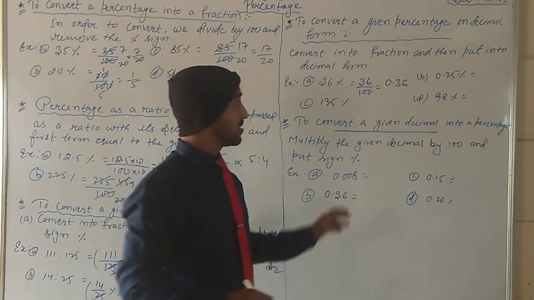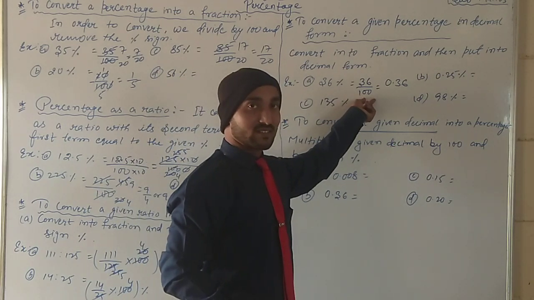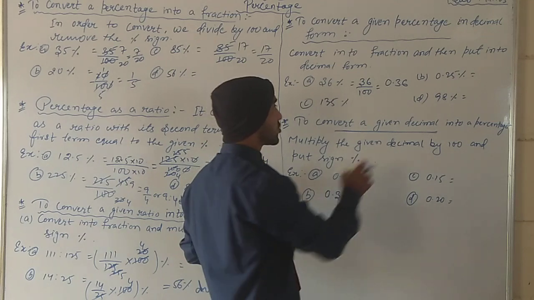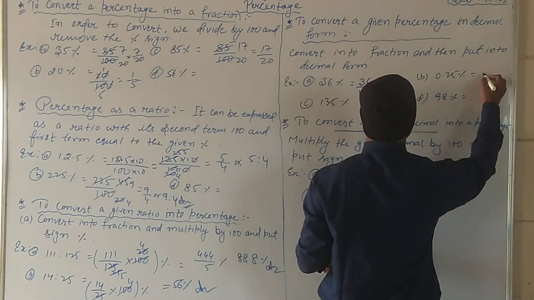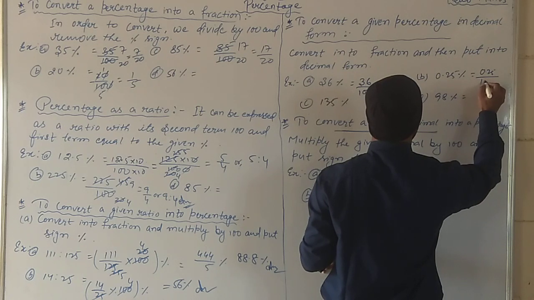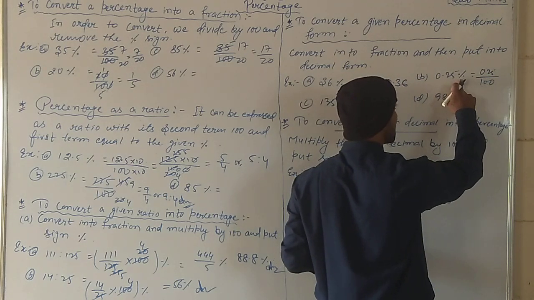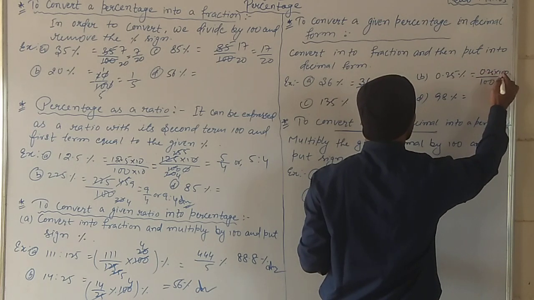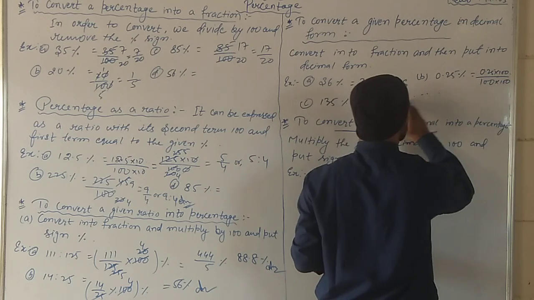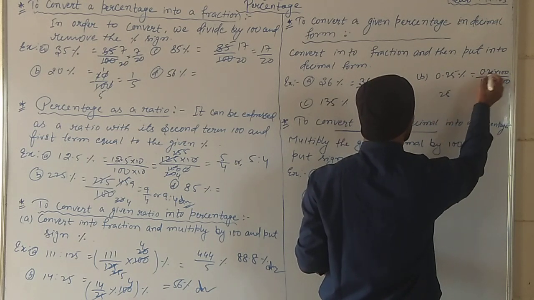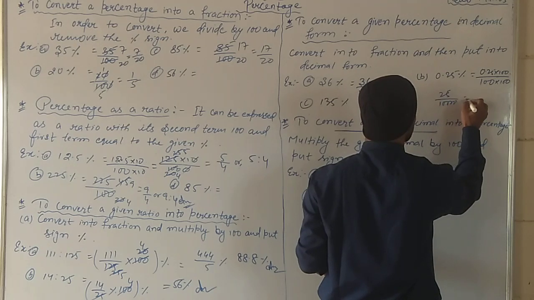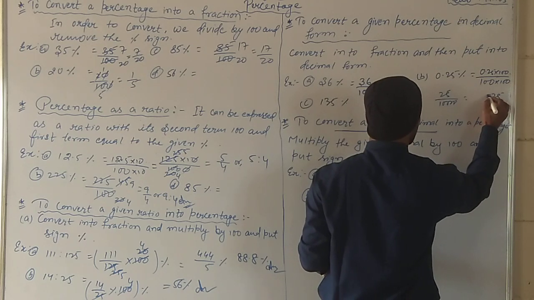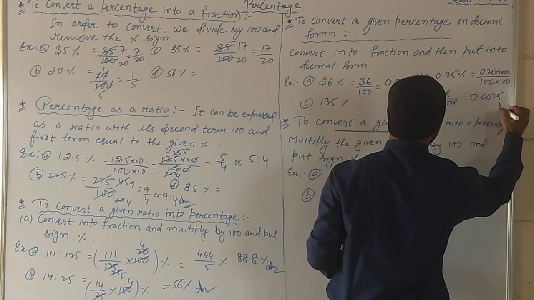How to put the decimal? See the number of zeros in the denominator and just count the number from right to left and put the decimal. See 0.25%. 0.25% means what will happen? 0.25 by 100 in the respect of percentage, but here it will be multiplied by 100 because in the decimal form there are 2 digits into 100. So what will happen? 25 by 10,000. How many zeros are there? 4 zeros. How many digits? 2 digits. It is a decimal form.